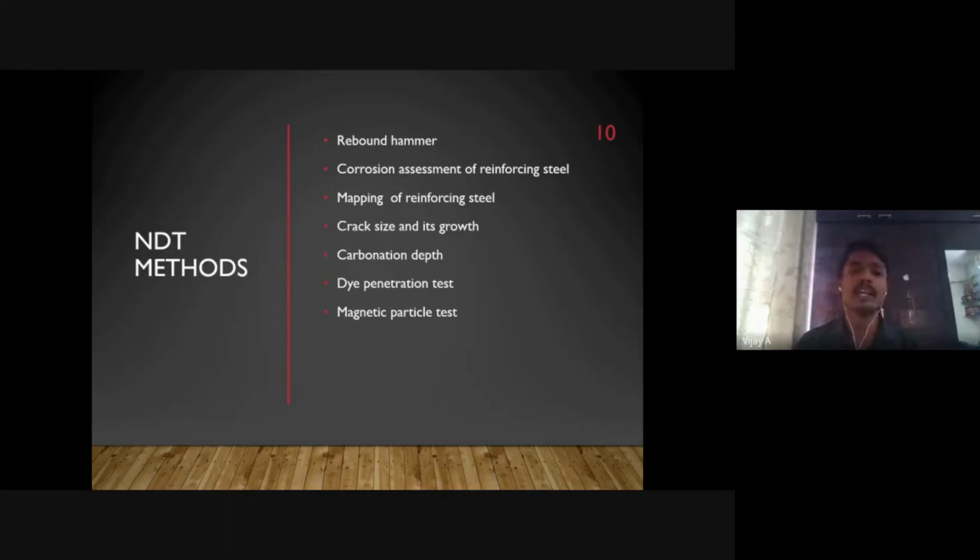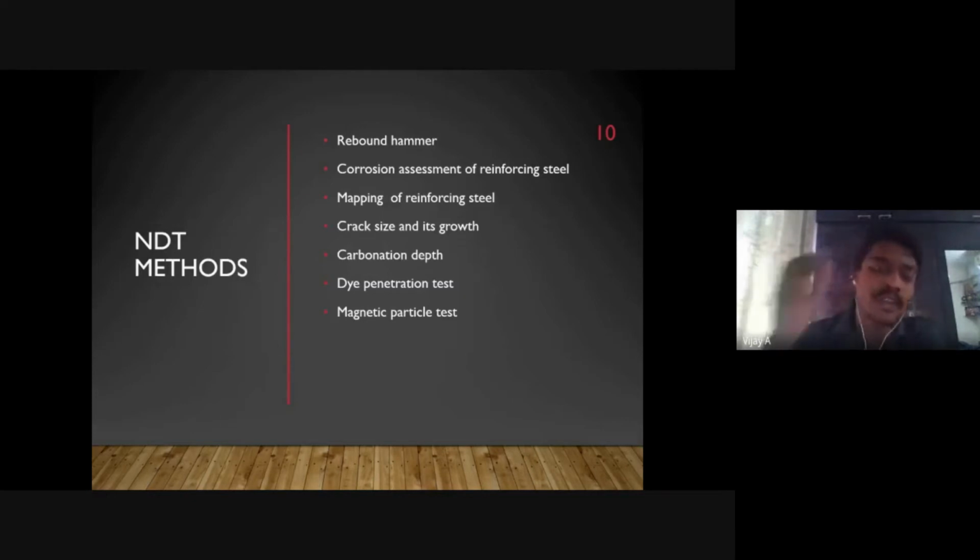Okay, and we do have different codal provisions, right? Similarly for NDT also we have standards as well as codes, because the code and the manual of NDT prescribe how you infer the results. In any maintenance, assessment, evaluation patterns, or any reliability methods you use, even your beam design or beam analysis, you should have the knowledge of inference.